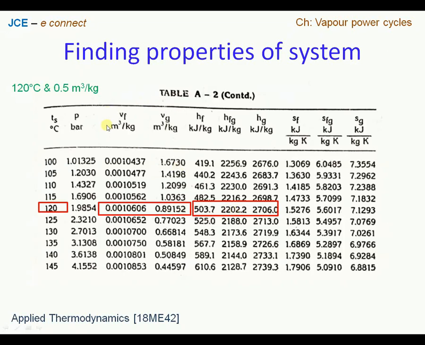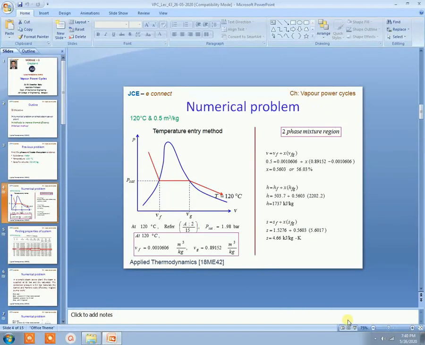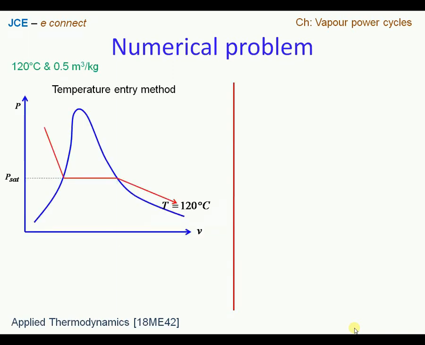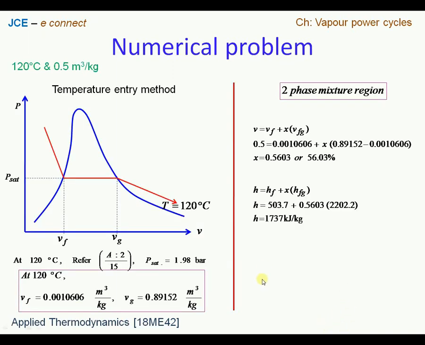But when you look at the specific volumes, we don't have a Vfg value. That is why we subtracted Vf from Vg to get Vfg, but here we have a direct value of Hfg. So we note these Hf and Hfg values and substitute into the given equation. So we now get the enthalpy inside the dome at a temperature of 120 degrees Celsius. We get enthalpy as 1737 kilojoule per kg.